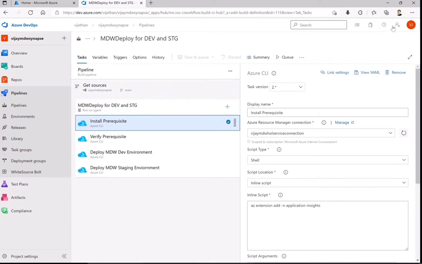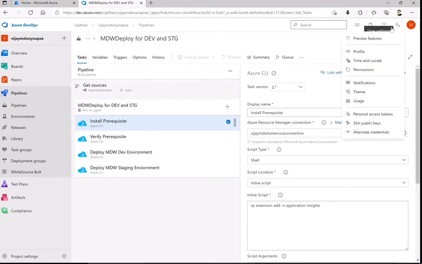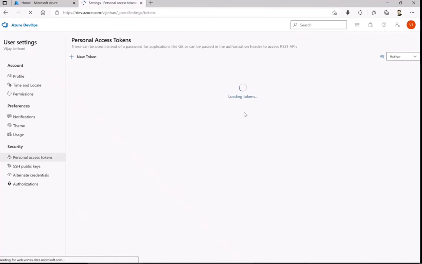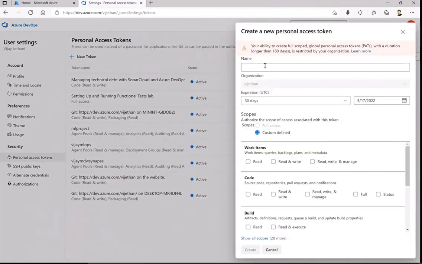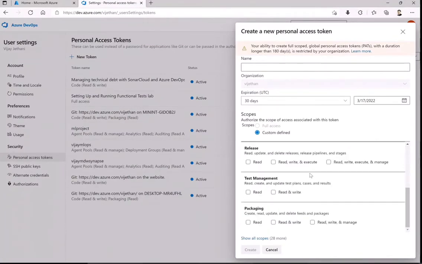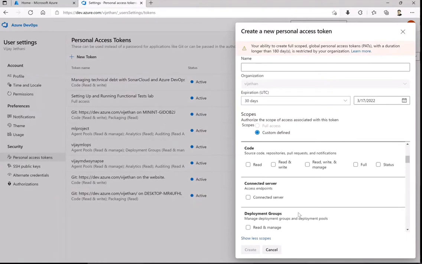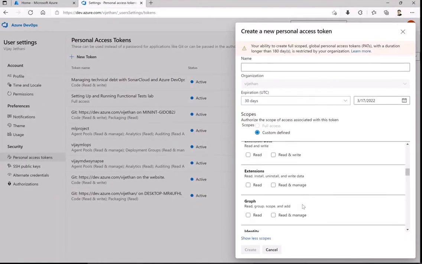And one more important thing, how you create the DevOps token, before I actually go. Just go to your account, next to your login, and click on personal access token. In that personal access token page, you have to click new token. Give some name to it, and based on what you are working on, say suppose I just want to work with a repository, I want to make sure I give the respective permission only to the repository or related to that.